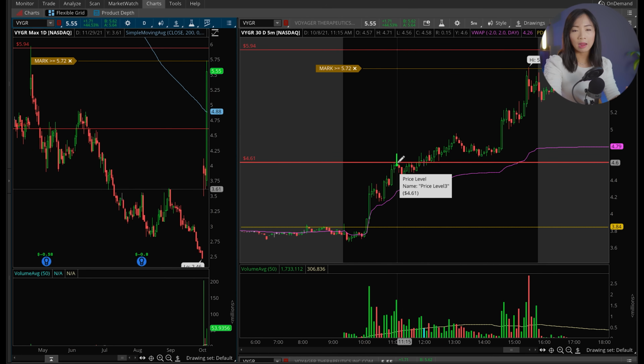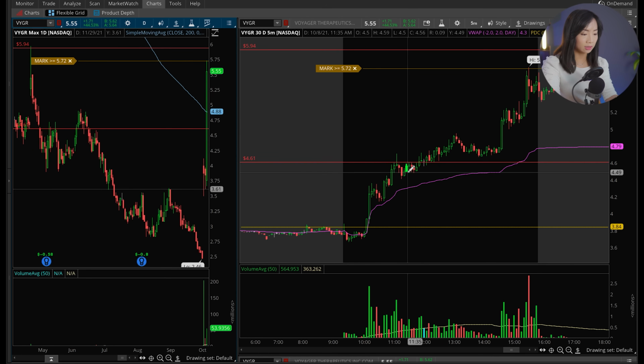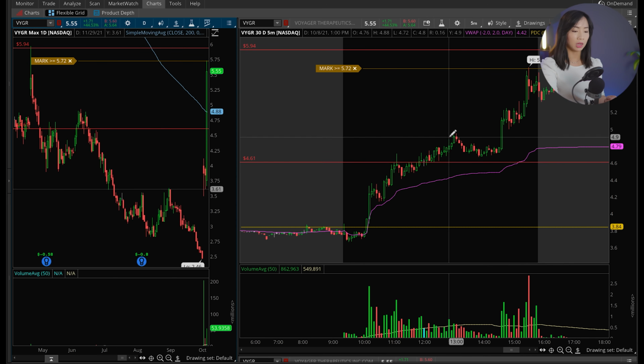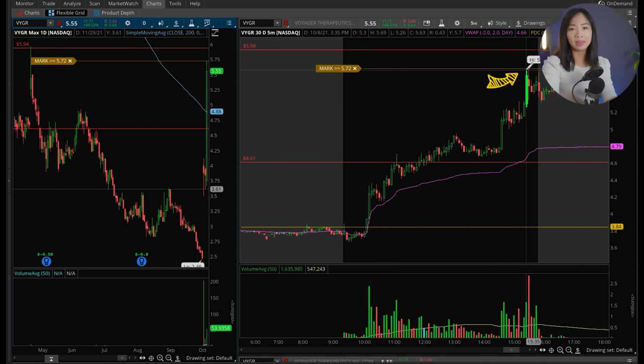The idea is not to jump in right away, but rather to observe and look at the stock and how it's trading on the chart intraday. So if I see the stock hitting 460, I wouldn't jump in. Instead, I'll start looking and seeing whether it's slowly trending up and whether there is a long setup. So you can see once it pulled back from that resistance, it slowly trended up higher, making higher lows. And once the second or third time it retested, that's when it finally broke out to $4.90, almost $5, and to new highs near the end of the day.